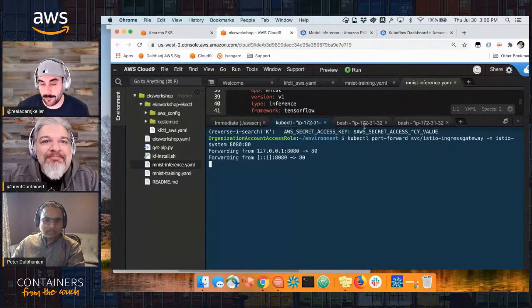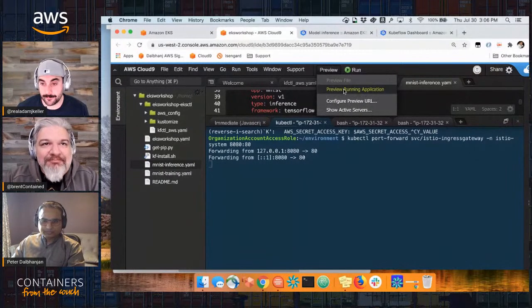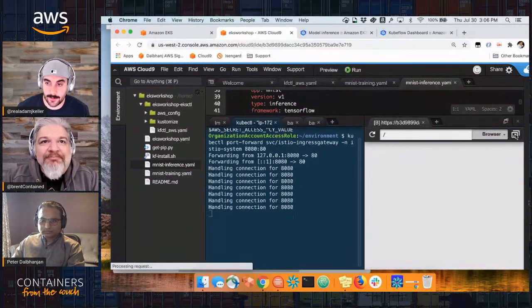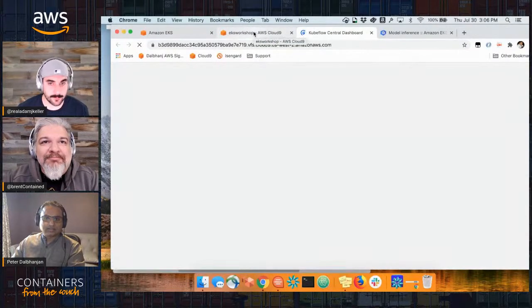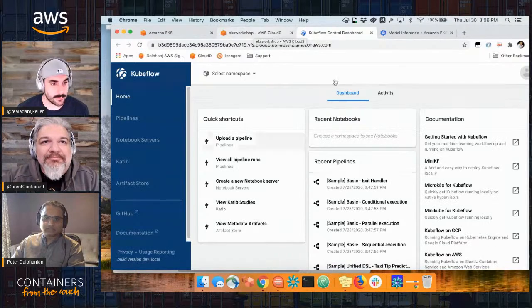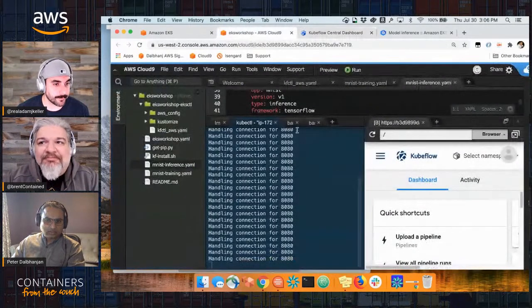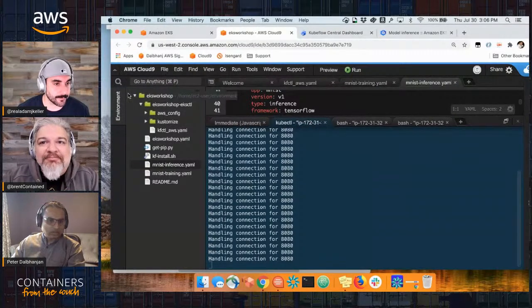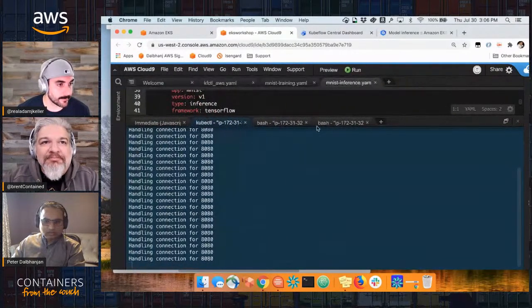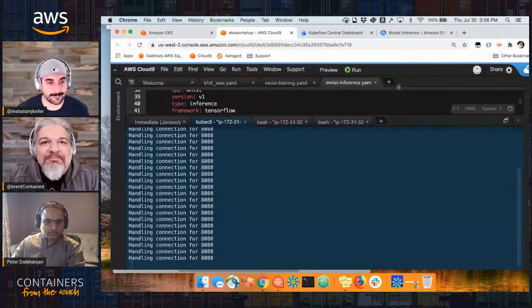Okay, so that's going to give us access to the dashboard. And are we running our inference pod right now? Yeah, I'll go ahead and check that. So this is the Kubeflow dashboard. We can close this one, and I'm going to follow some of the improvements that you guys suggested,